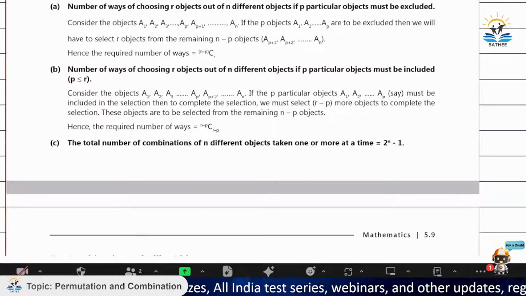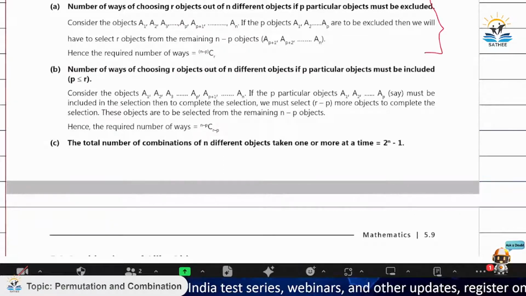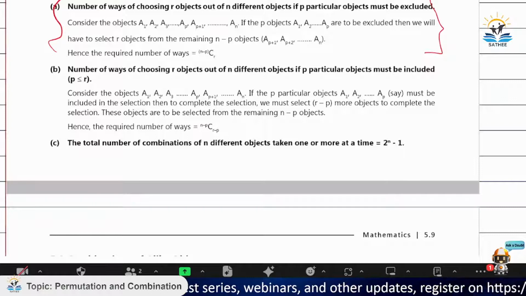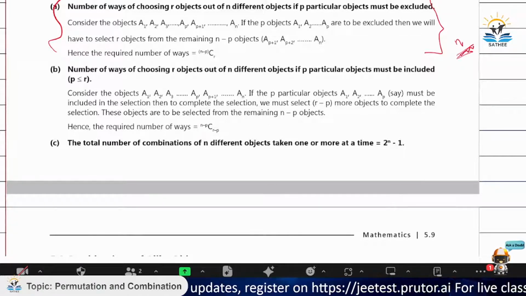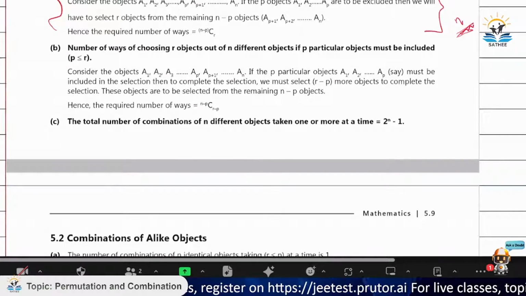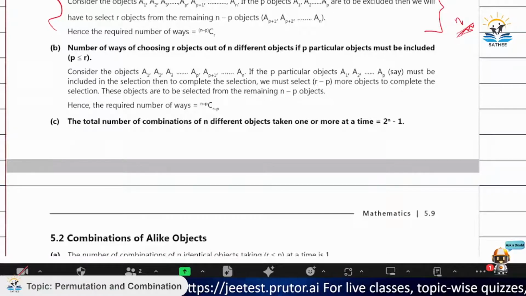Okay, very easy. अगर हमें किसी, see, exclusion is something that can be understood very easily. अगर कोई भी ऑब्जेक्ट को एक्सक्लूड करना है तो आप उसको टोटल सेट में से एक्सक्लूड कर दो, ठीक है? जैसे कि अगर हमें p ऑब्जेक्ट को एक्सक्लूड करना है तो पूरा जो आपका टोटल पेरेंट सेट है n, उसमें से p को रिमूव कर दो। Next, number of ways of choosing r objects out of n different objects if p particular objects must be included, ठीक है? हमें r ऑब्जेक्ट चूज करने हैं और उनमें p इंक्लूड होने ही चाहिए हमेशा। अगेन, आपने p को हमेशा जगह दे दी यहाँ पे, तो ये हो जाएगा।